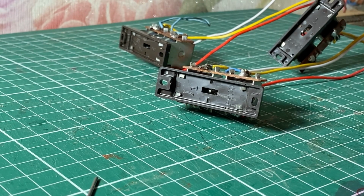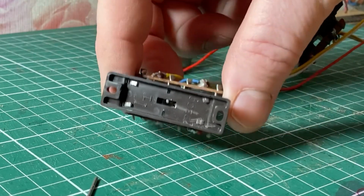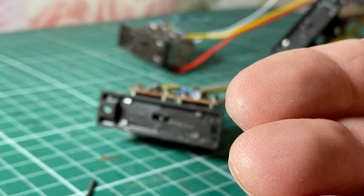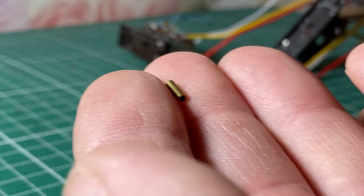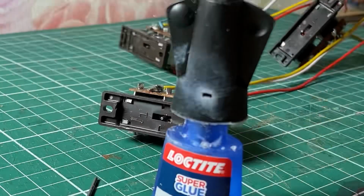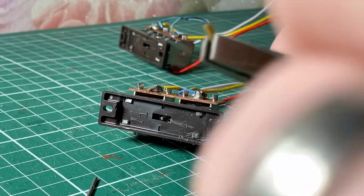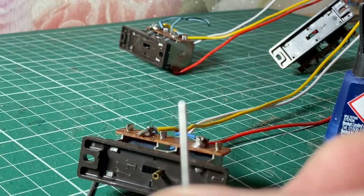The next stage I'm going to do is apply these extending pins to the Peco PL10 point motor. And so what you're given in the kit is a little joining piece, which is very, very tiny, and keep dropping it. Don't know if you can see that, it's really tiny. So I'm going to use some pliers to hold it, and then I'm going to be using some super glue to glue this in place. So we don't need a lot of glue, just a little dab. A tiny bit of drop of glue on that one, and that's going to go into there